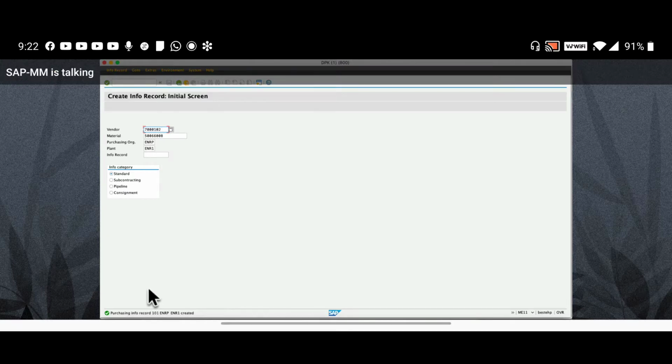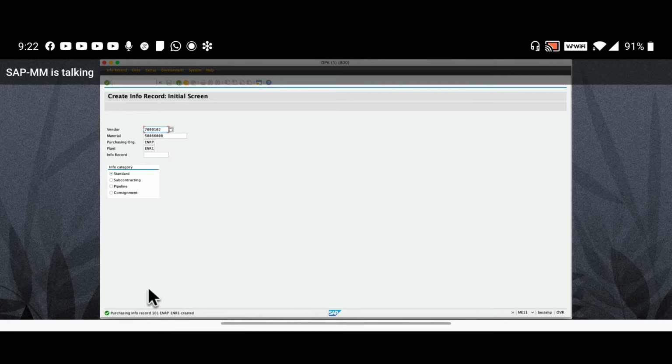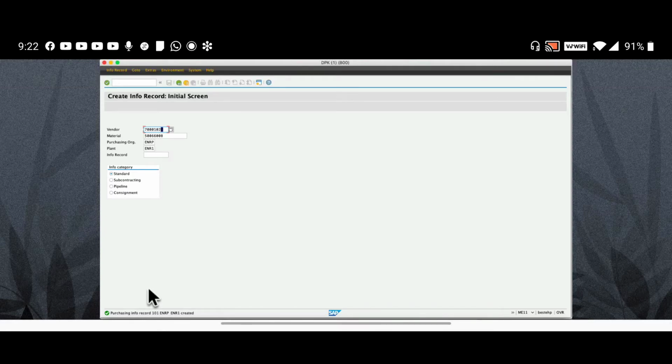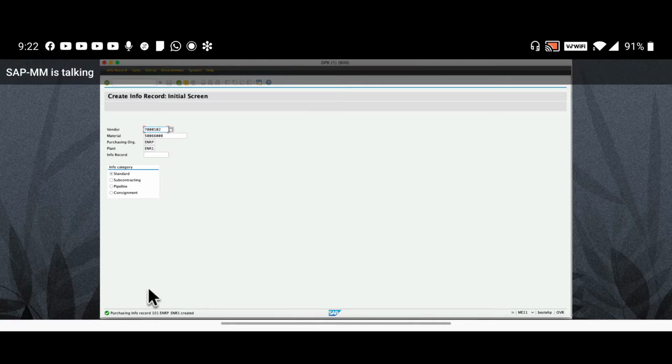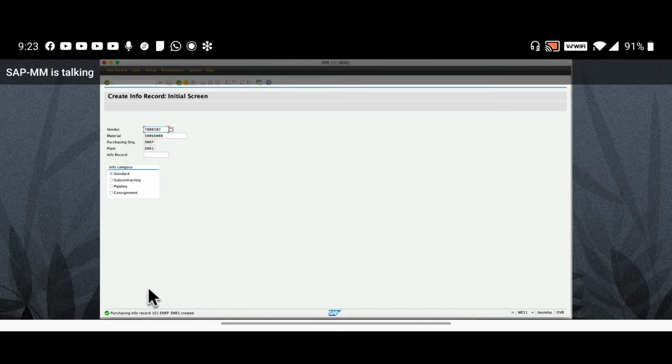While creating an info record, the system will copy data from the vendor and material.